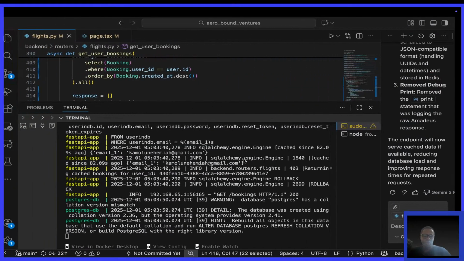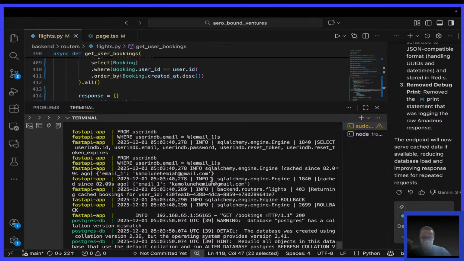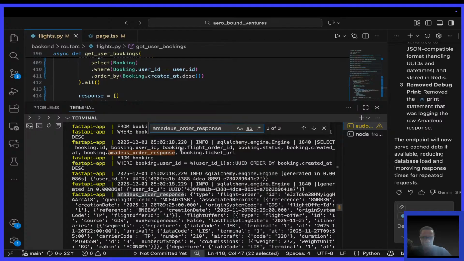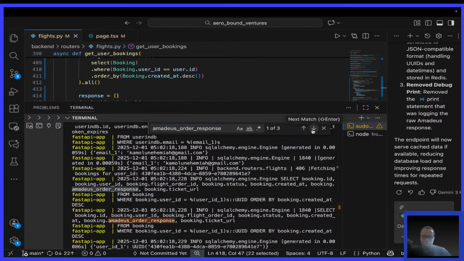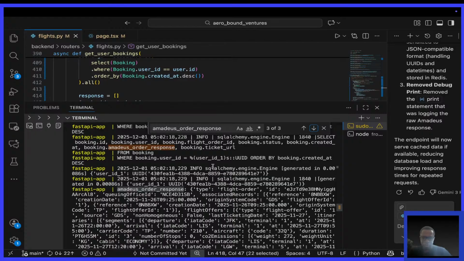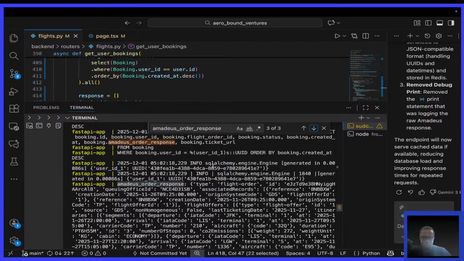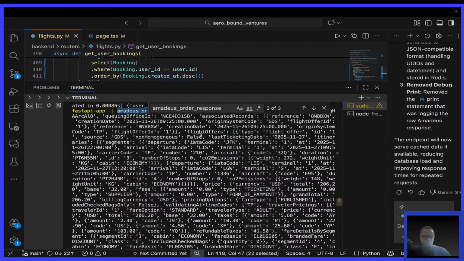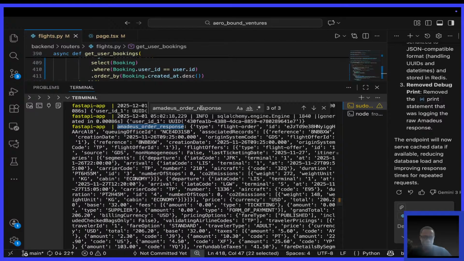Now when I go back here and Control F into these logs and search for something. Here we are. Amadeus booking response. If I want to look for this data, where is it hiding? Here it is. So you see, this is what we get. Lots of stuff from the Amadeus booking response. Lots of stuff. If I look for